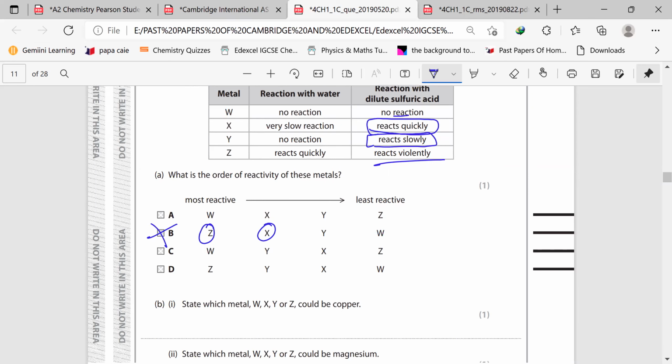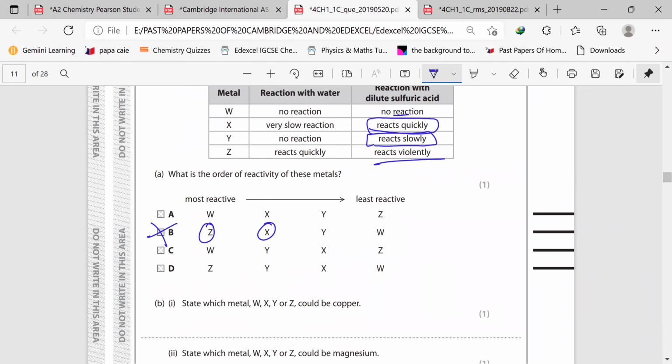Fine. State which metal, W, X, Y, or Z, could be copper. Reaction with water, reaction with dilute sulfuric acid. Metals below hydrogen. I'm going to say X. Why? No reaction. Copper, silver, gold are metals below hydrogen in the reactivity series, namely the three jewelries, copper, silver, and gold. They neither react with water nor